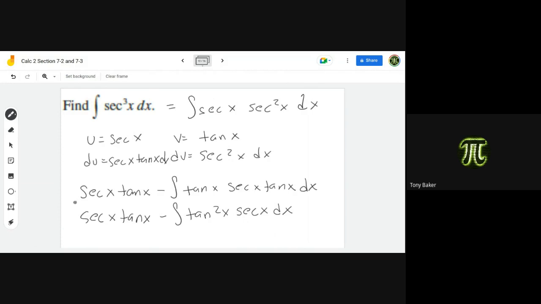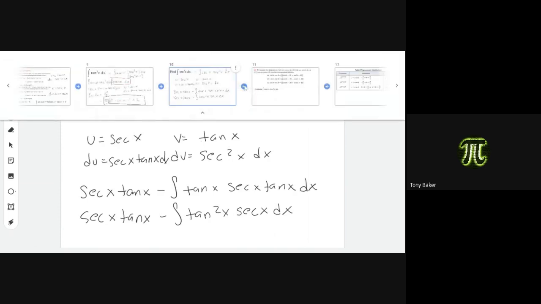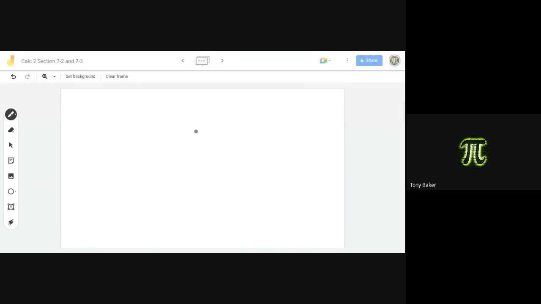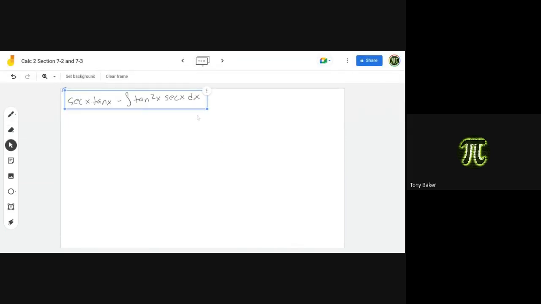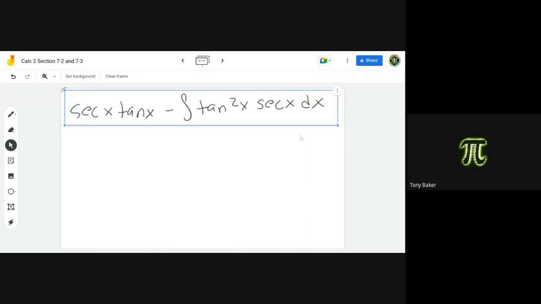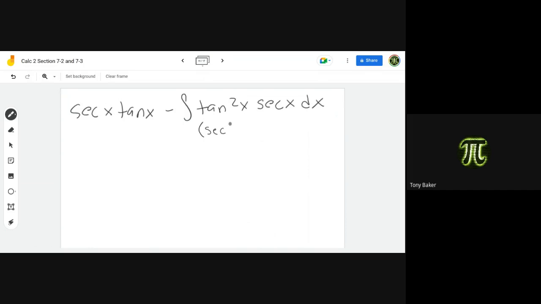All right. So let's look at this. I just want to see the plus. All right, so tangent is secant squared x plus 1 minus 1. I wouldn't just believe you, I would just go with it. I'm not on my game today. So this becomes secant to the third x